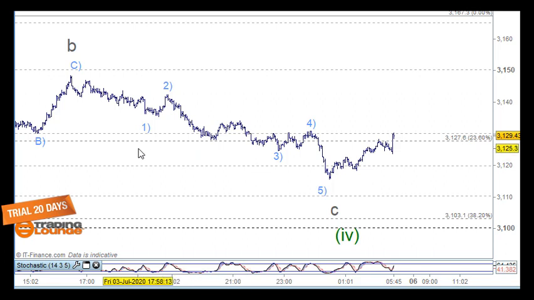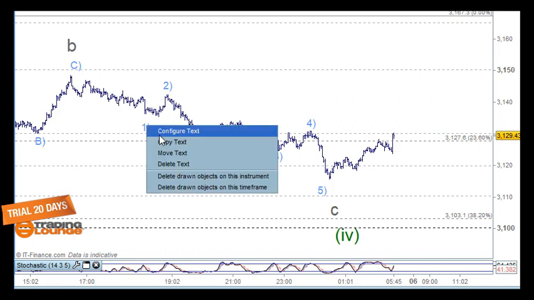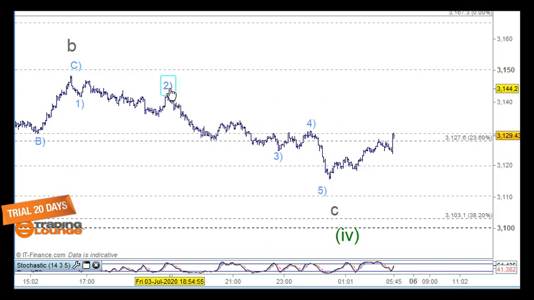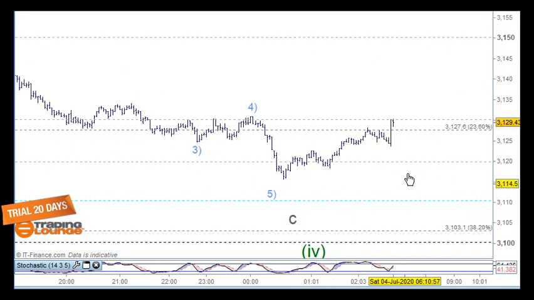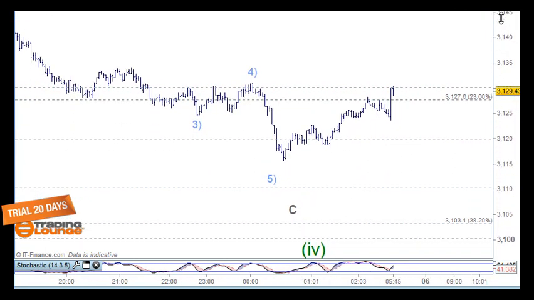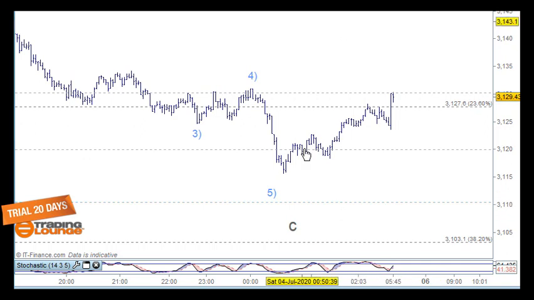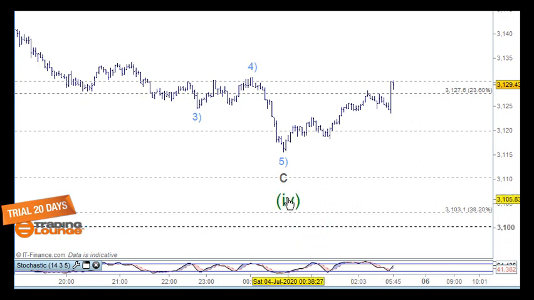Maybe the count is with a little wave 1 and 2 here, but I don't like that either, actually. No, it just doesn't work. I've got the same thing here as well. It's just something not quite right here. But anyway, I'll soak that up because this particular move here is starting to develop as an impulse wave. An impulse wave is 5 waves, as you know. So we've got 1 and 2 and 3 and ABC for 4 here and up for 5. So it's appearing that we're getting our first little